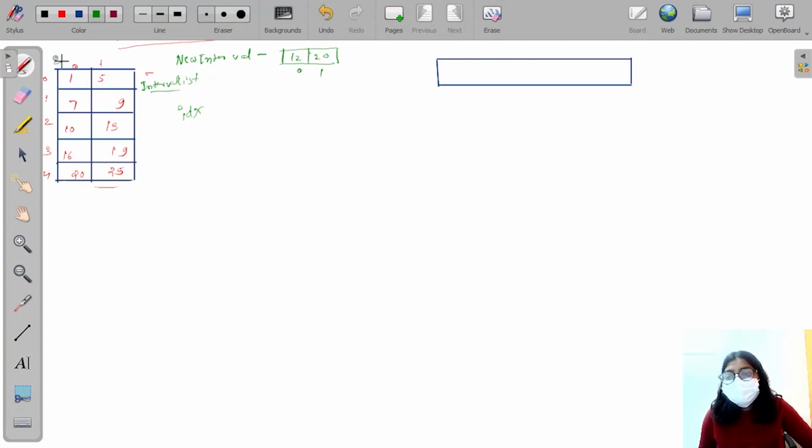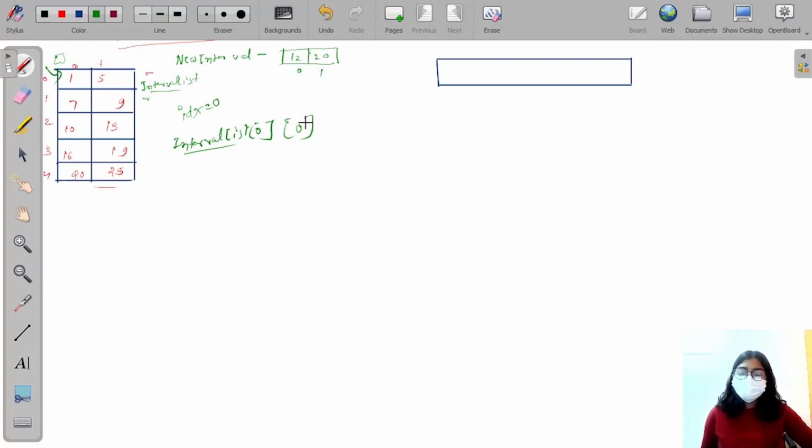I will start from index 0, that is, from the first interval of my interval list. So index 0 represents my interval list of 0, that is this array. Initially I will check if the starting time of my first interval is lesser than the starting time of my new interval. Then this interval is going to be the first interval in my answer,